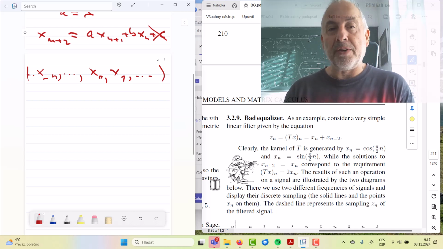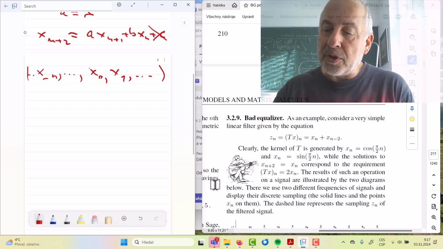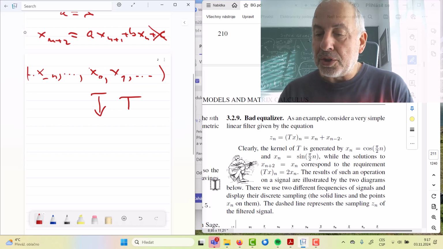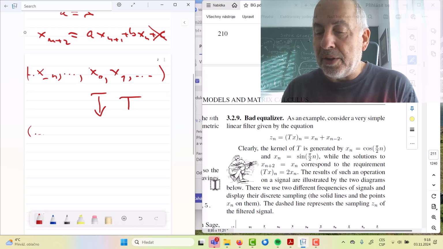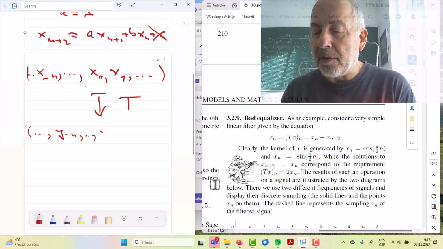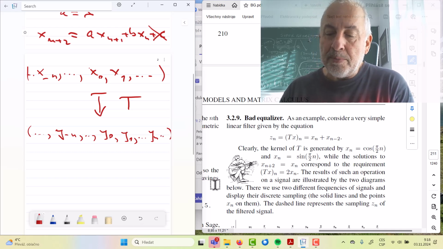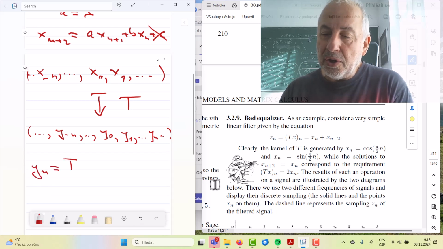Then you have an operation which I call T, and the operation brings it into again an infinite thing, y_{-n}, ..., y_0, y_1, ..., y_n, and so on, and this is simply given by y_n equals T of x,